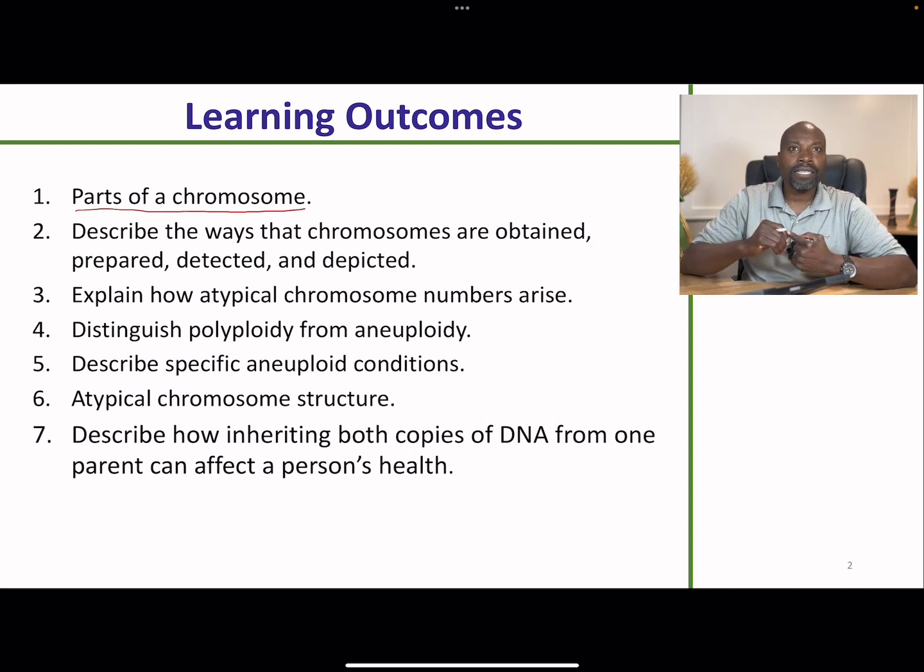From which kind of cells in the body can we obtain chromosomes? How can we detect these chromosomes? And how can we tell the different parts of the chromosomes apart? We are going to dive into atypical